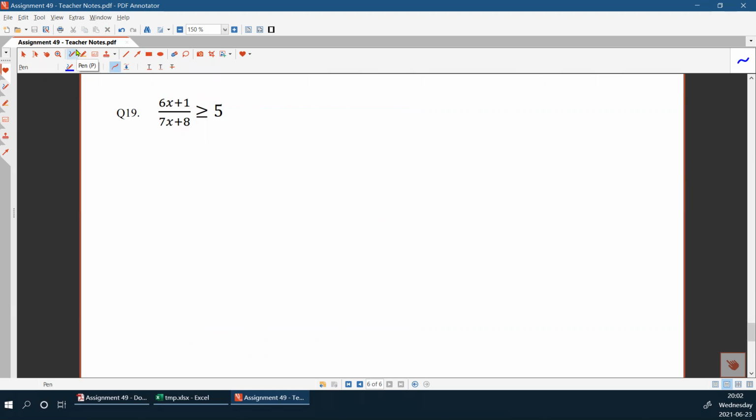Okay, question 19 is similar to the previous questions. The only difference is there is an equality sign here, right? When you have an equality sign here, the solution is a little bit different. So let's see what's the difference here. Okay, again, we put everything on one side. The original inequality is equivalent to